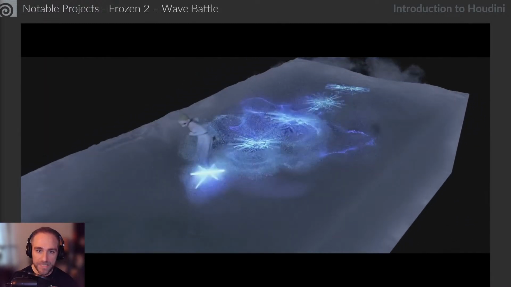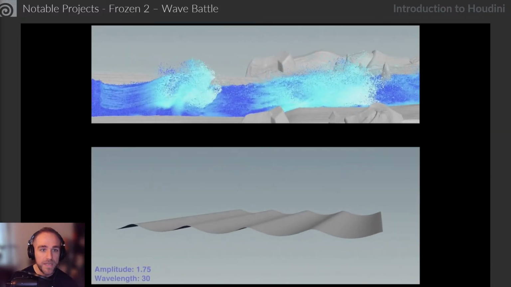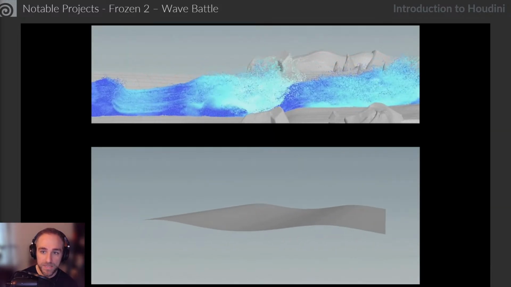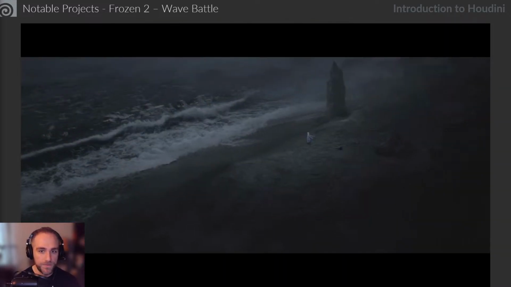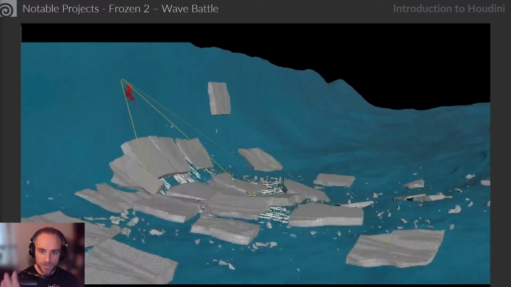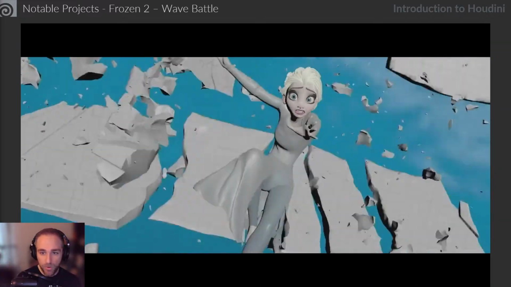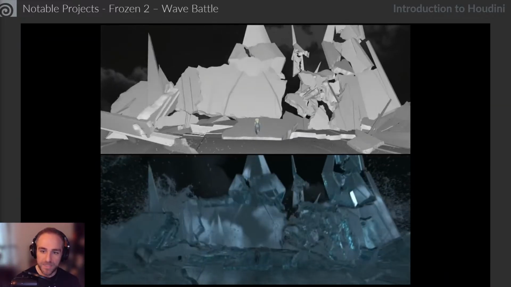This is from Disney. This is from Frozen 2. And this is showing some of how Houdini is used in Frozen. And you'll see a little bit more of this type of visualization. But what you're seeing here is a lot of viewport renders like this, and then side-by-sides with the final renders